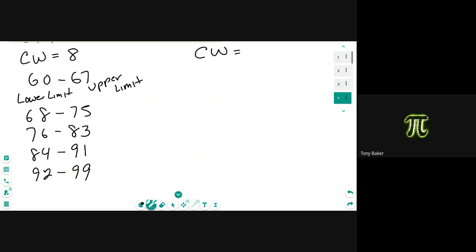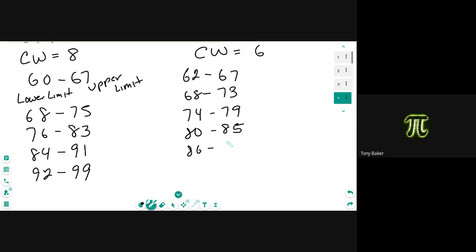What happens if we did a class width of 6? Let's start exactly at 62. Because that's the lowest I can start with. So 62 is going to go to what? 67. 68 is going to go to 73. 74 is going to go to 79. 80 is going to go to 85. 86 is going to go to